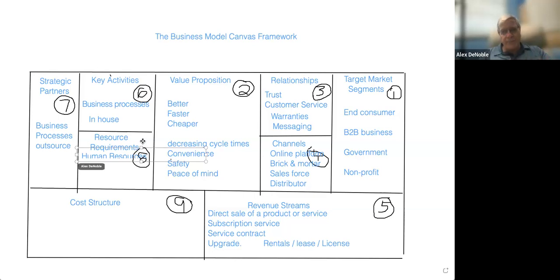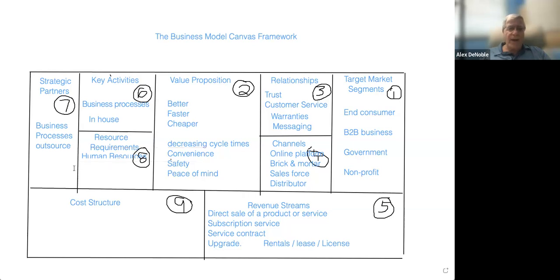Think about if you need employees or if you're going to try to do this with just yourself or with some other partners. Think about human resources in terms of, do you need engineers? Do you need salespeople? Do you need operations people? Do you need marketing people? What kind of human resources are you going to need to be able to do this business? Many startups try to do it with very limited human resources and try to do a lot of the work themselves. But think about that.